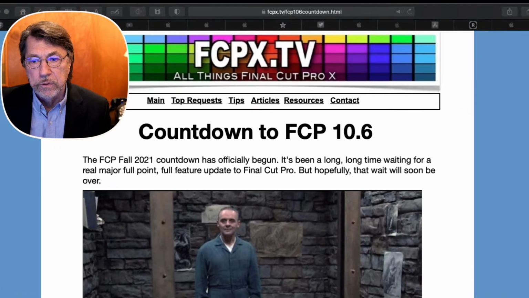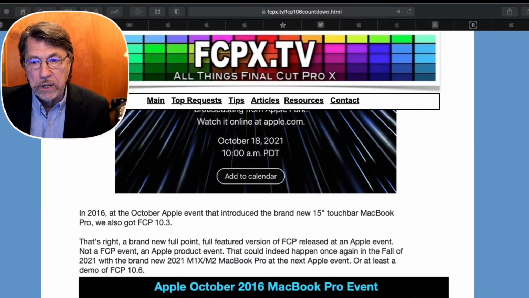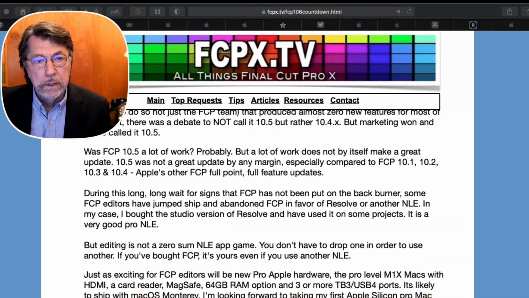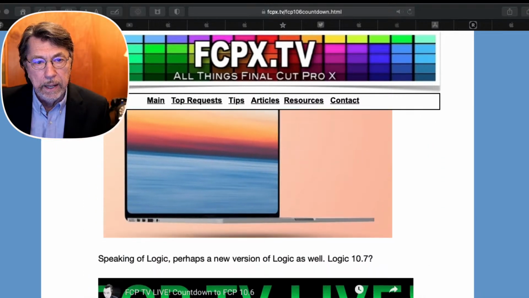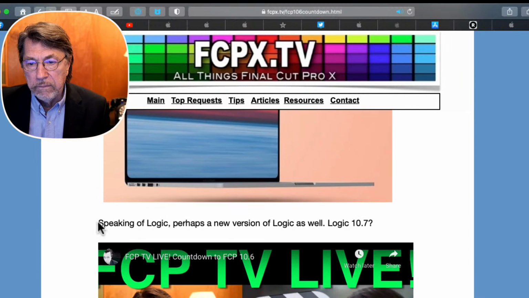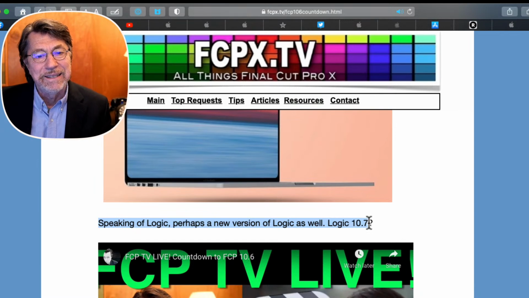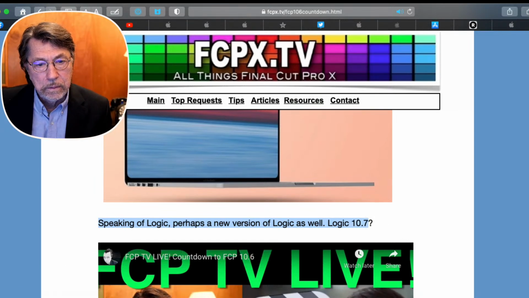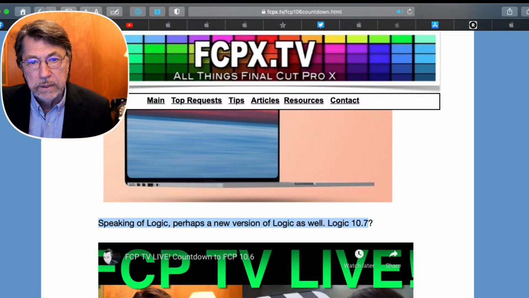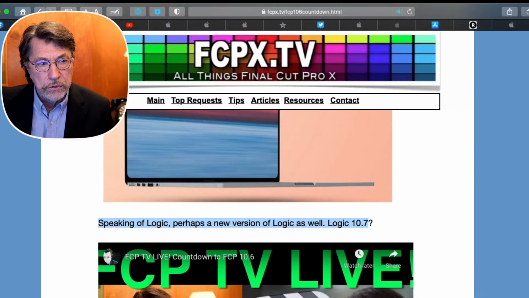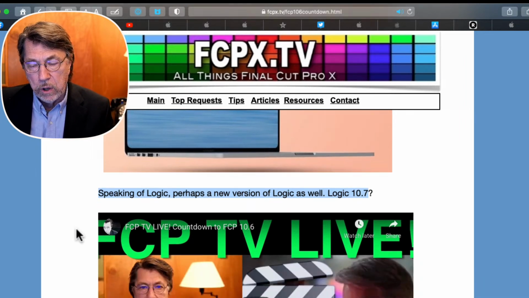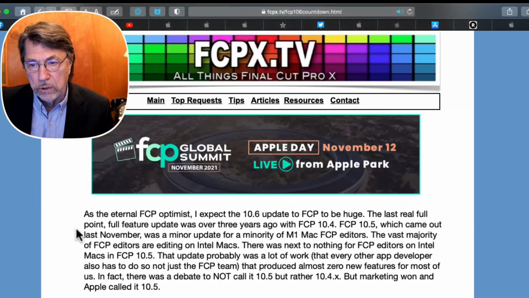I kept saying perhaps a new version of Logic as well, Logic 10.7. Here's one of the things I want to point out to you. That's exactly what came out. A new version of Logic, and it was 10.7. So we talked about this a couple weeks ago in this article.